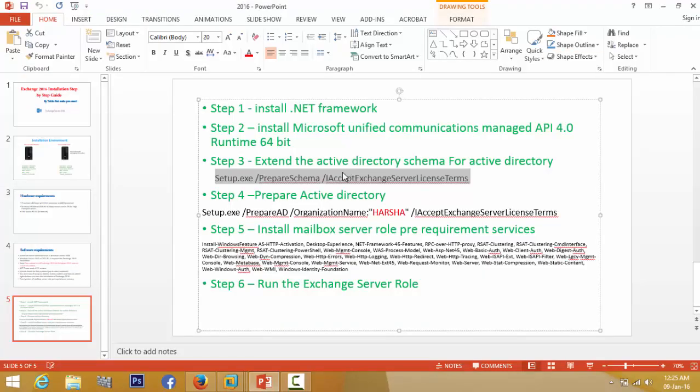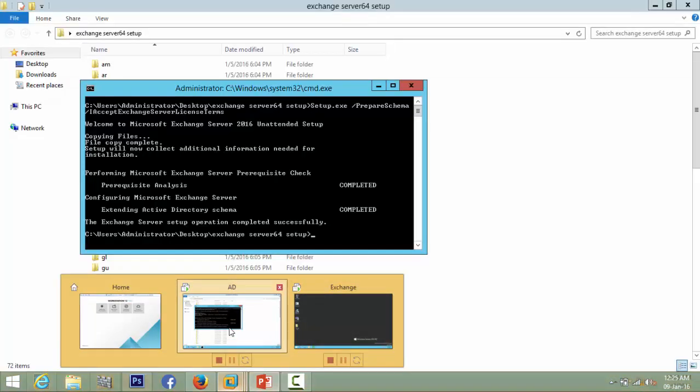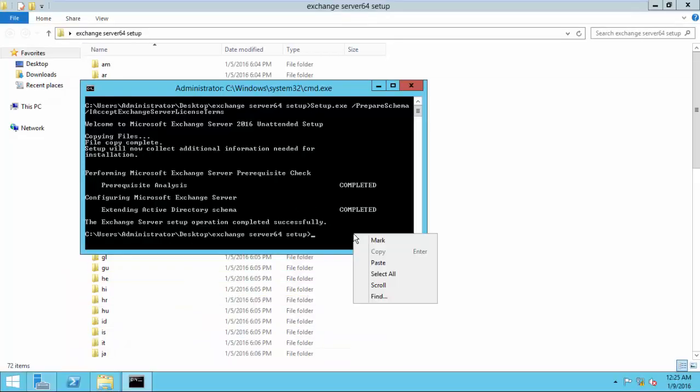It's completed. Yes, we have successfully extended the schema. Now we need to prepare Active Directory for Exchange Server installation. For that purpose, we need to copy that command. Here Asha is my domain. Replace Asha with your domain. Copy that. Okay, here paste the command as usual.